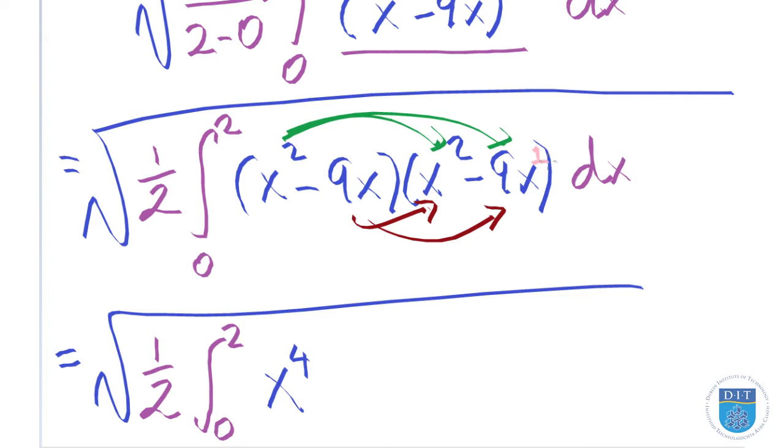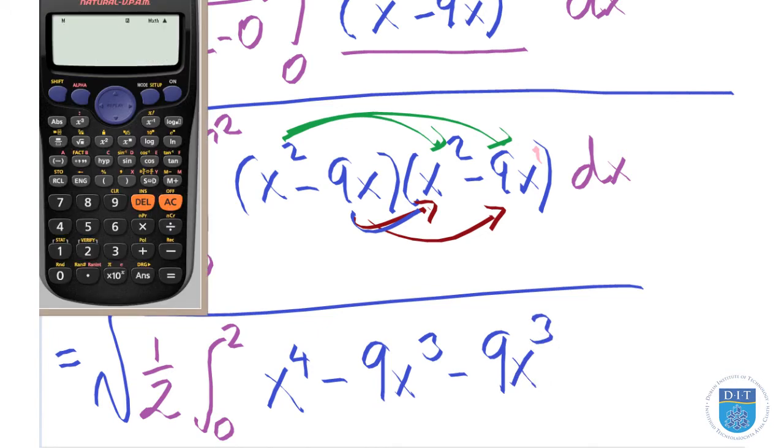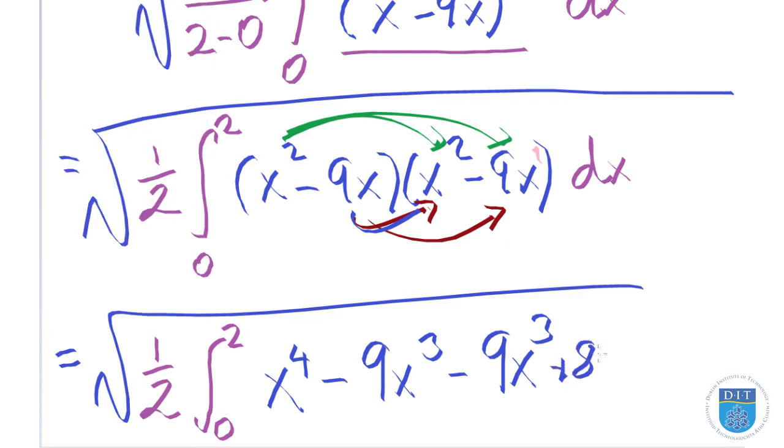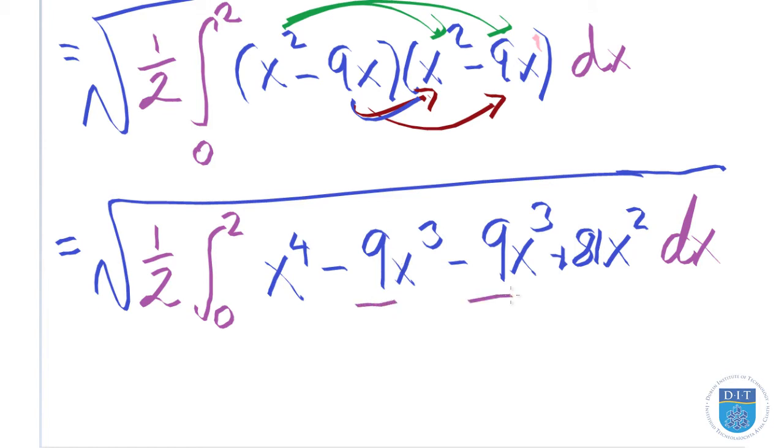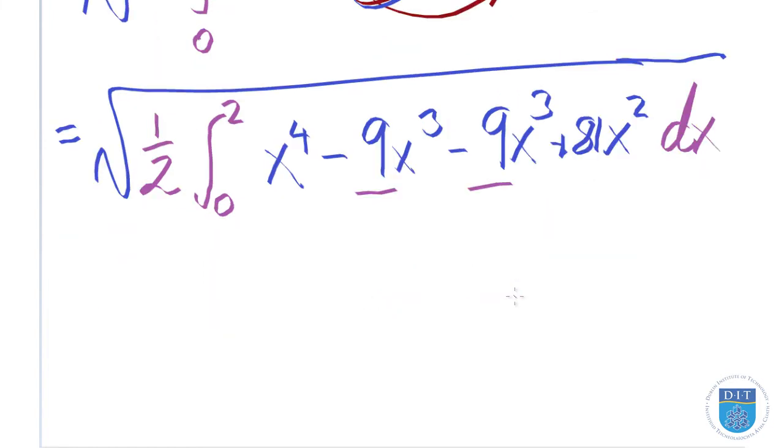So 2 plus 1 is a 3. So that's why I'm going to get minus 9x cubed. Again, it's no coincidence that this will be exactly the same, minus 9x cubed. Minus by minus is a plus. Again, if you want to be careful, minus 9 by minus 9, I get 81, but there's no sign there, so it's a plus 81. x by x is x squared. Extend that out, it's the square root of the entire thing, dx. Right, just put them together to make life easier for yourself later, equals